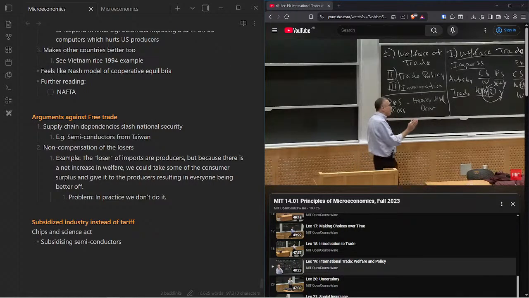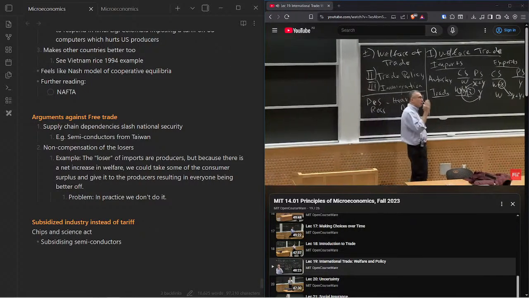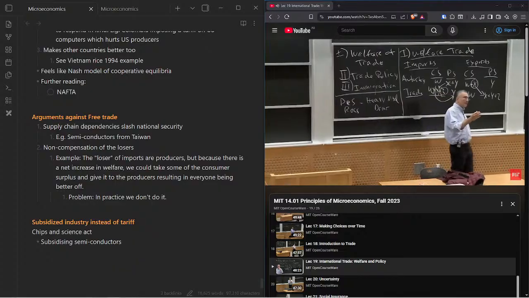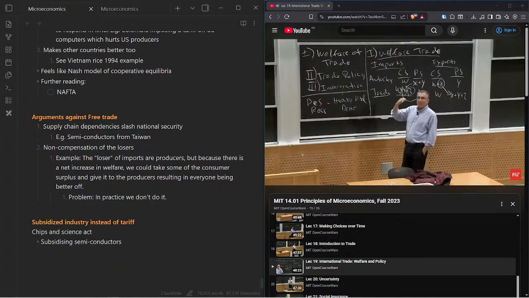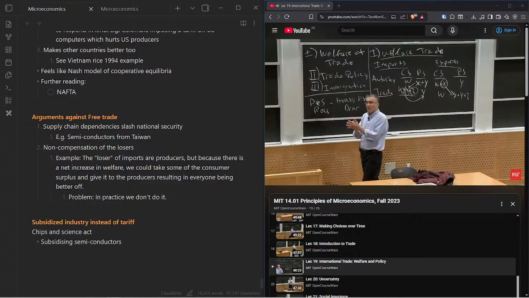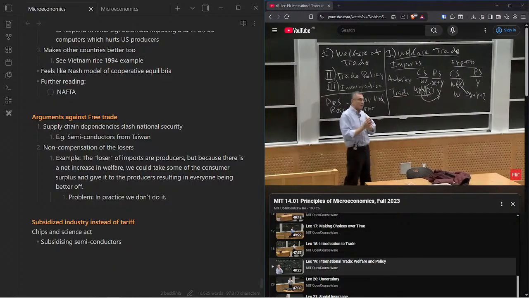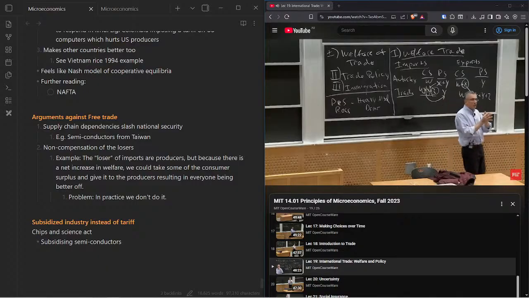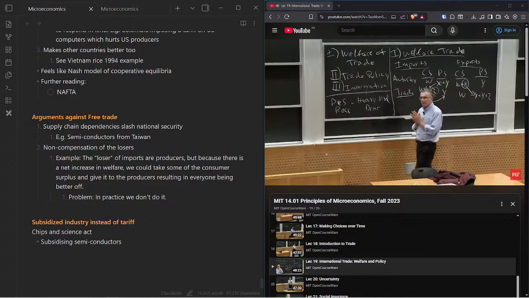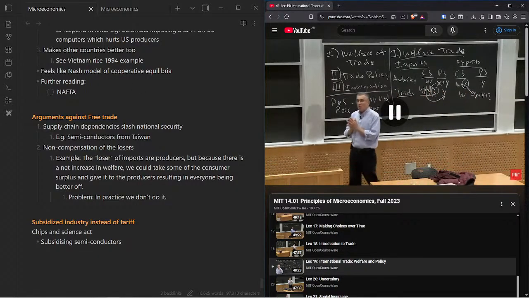He has looked at what happened around the US due to rising imports from China. It's a very clever study where he looks at industries. Chinese imports became much cheaper after we passed the free trade agreement. It looks at industries that were more and less susceptible to Chinese imports and where they're located. And what he found was